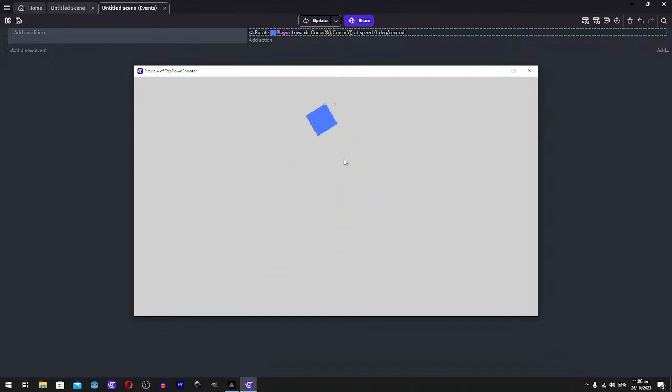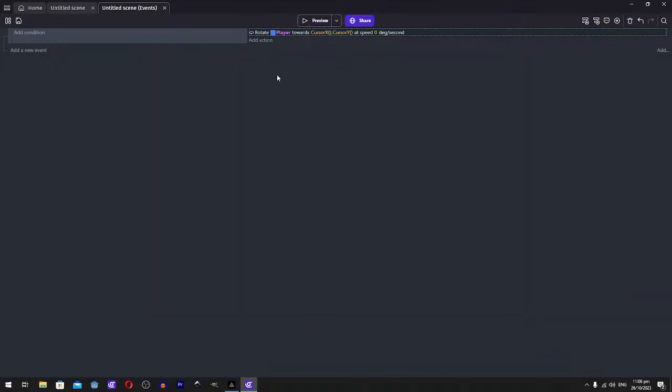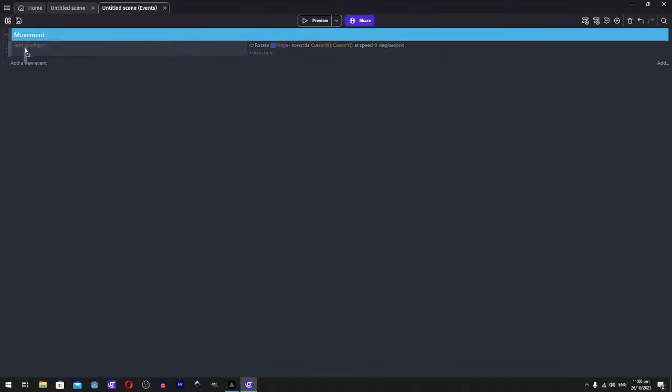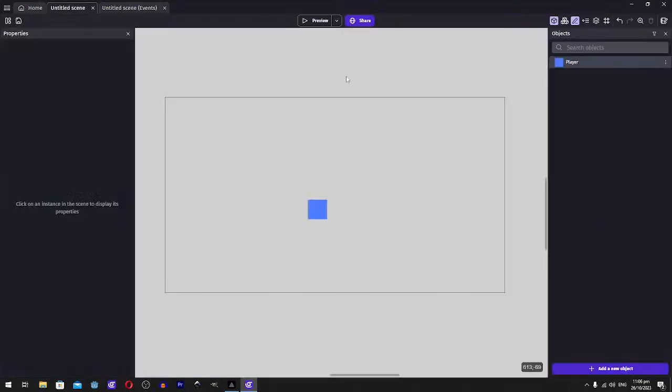The basic, very basic stuff. And we're going to shoot some stuff. But first, let's add a group so that our code is not messy. So it's movement. Okay, move it up there and let's add it there. So this is the movement, and this is the rotational thingy. Now we're going to do a thing called